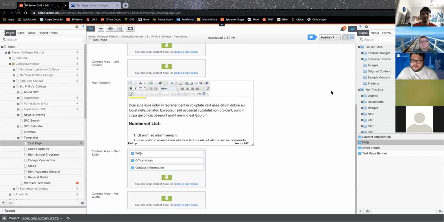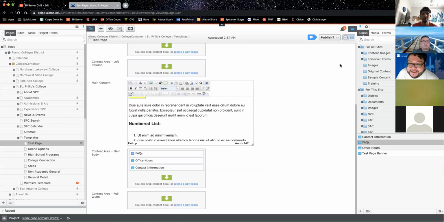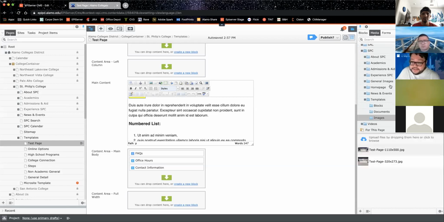Oh, so let's add documents to your page. So that's how you edit blocks. Right now I'm in the blocks view, and that's the way you can view your blocks. I'm going to go into media. Media will show me all the content that is uploaded to my folders that I can use for my page. Right now, these are the images. If you notice, there's no documents within here. So in order to upload a document,